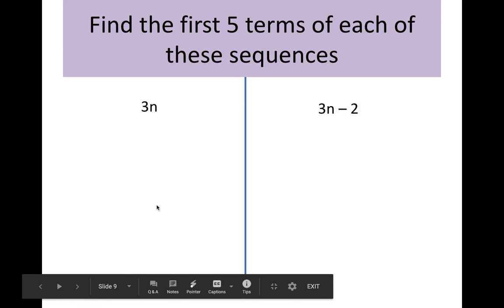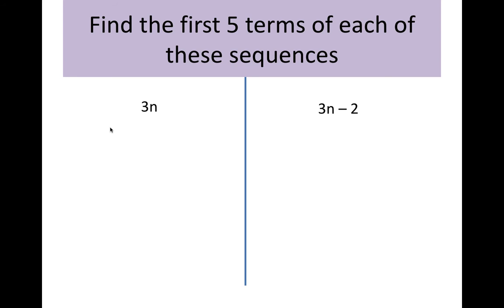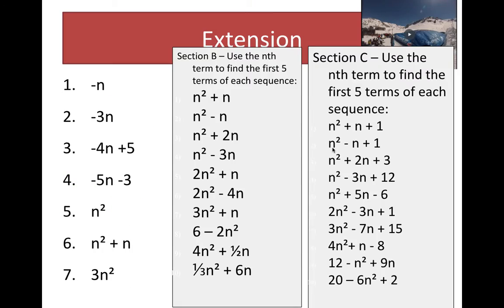Hopefully you would have got the following answers. For 3n, this is going to be the 3 times table. So we would have got 3, 6, 9, 12, 15. Now this is a 3 times table, but it's 2 smaller. So instead of starting at 3, we're going to start at 1. So it would be 1, 4, 7, 10, 13. Now,